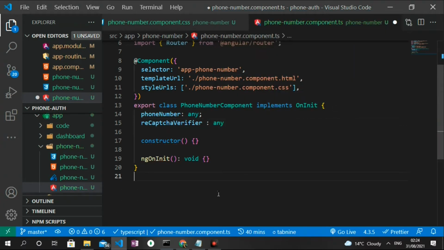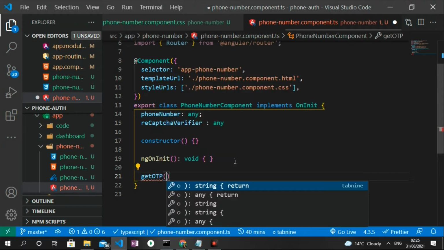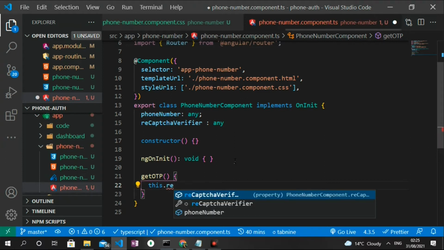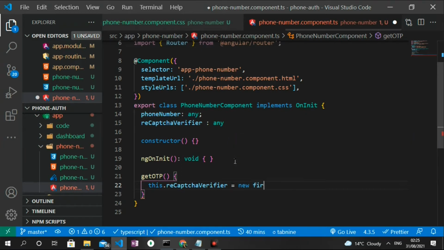So next up, let's create a function that generates our code for the phone number. I'm going to call this function getOTP, and inside of this function, I'm going to make reference to the variable we created above, which is the reCaptchaVerifier. So we're going to say this.reCaptchaVerifier equals new firebase.auth.RecaptchaVerifier. It takes in